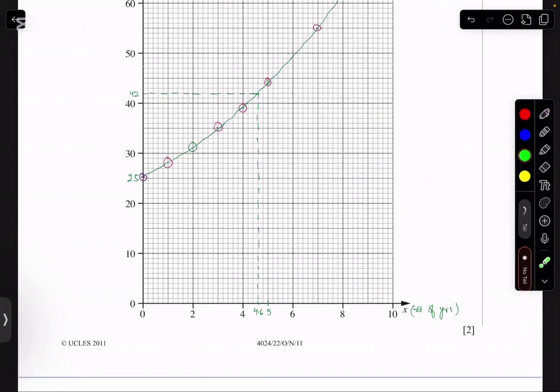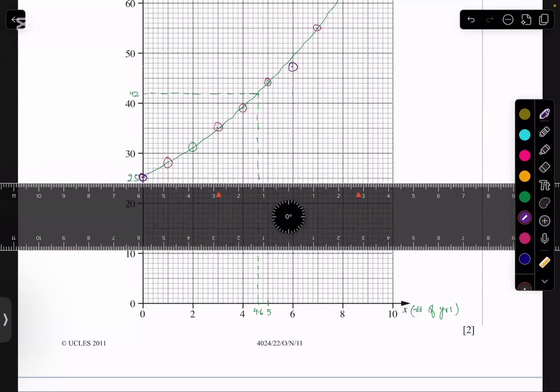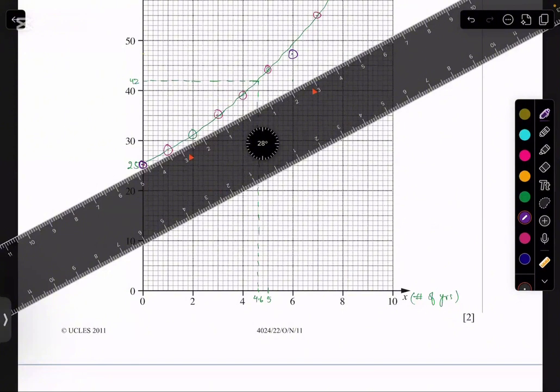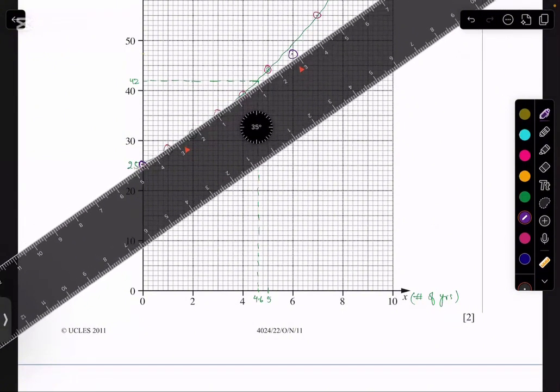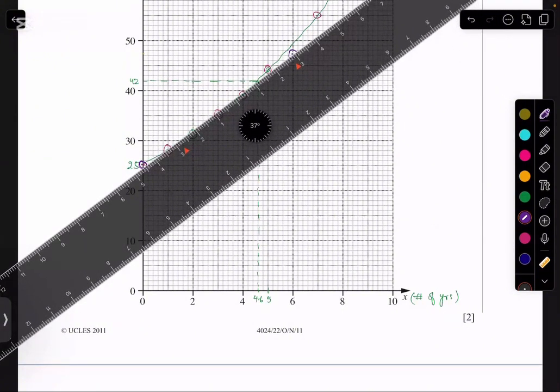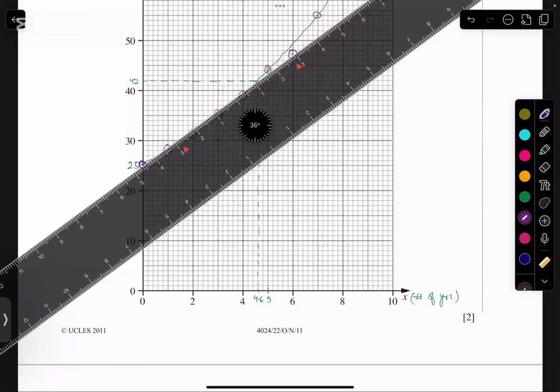So 6 years is here. Going up to 47.5, I should be having a point which is marked here. So marking that point, it's a 40, 45, 46. This is my point, right? So $25, again, initial investment, and then 47.5 after 6 years. To make a line, I just need 2 points. So joining the 2 points, I can say कि जो मेरी line है, it should be going like this.